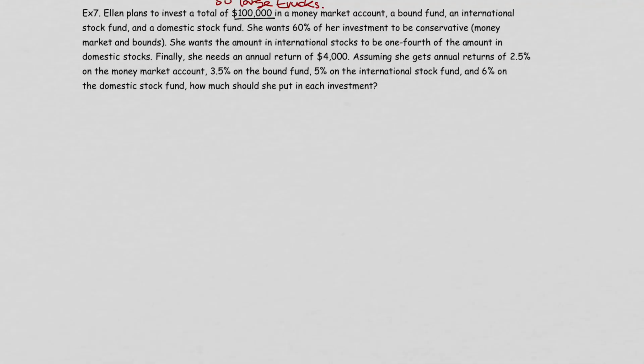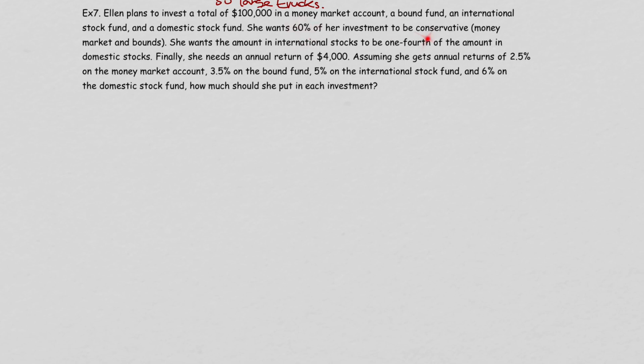Okay, let's look at one more problem. This problem is about Ellen planned to invest a total of 100,000 in, let's see, 4 different places. The first place is money market, bonds, and international stock and domestic stock. She wants